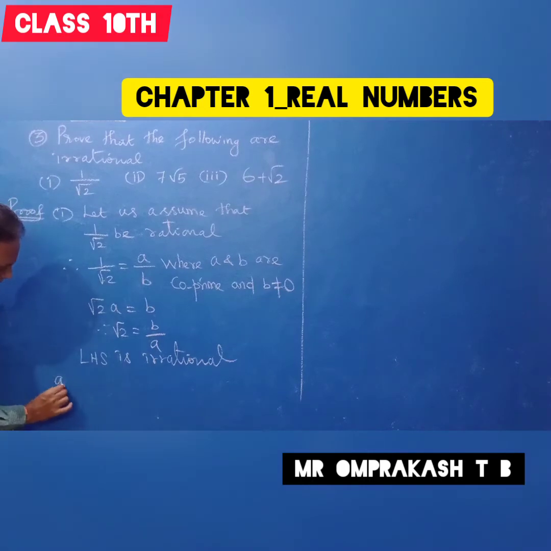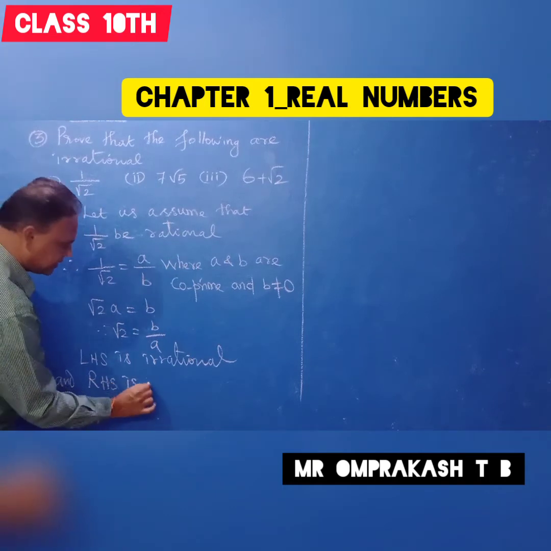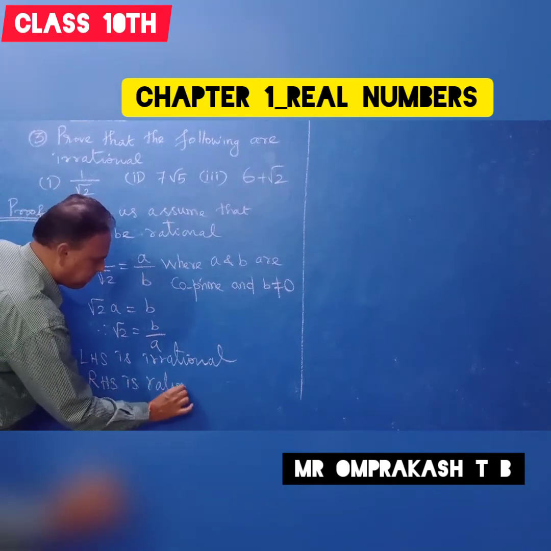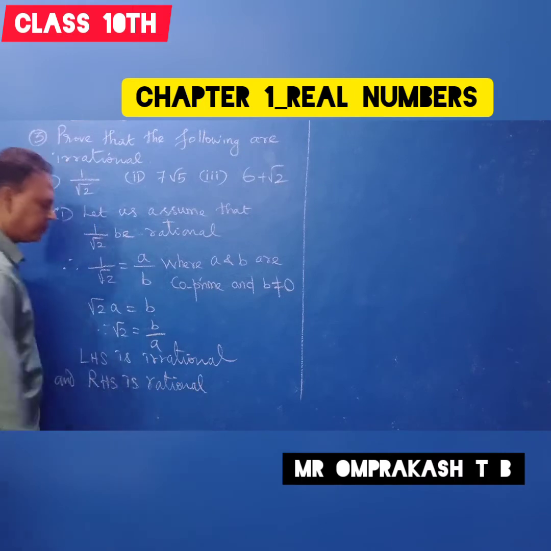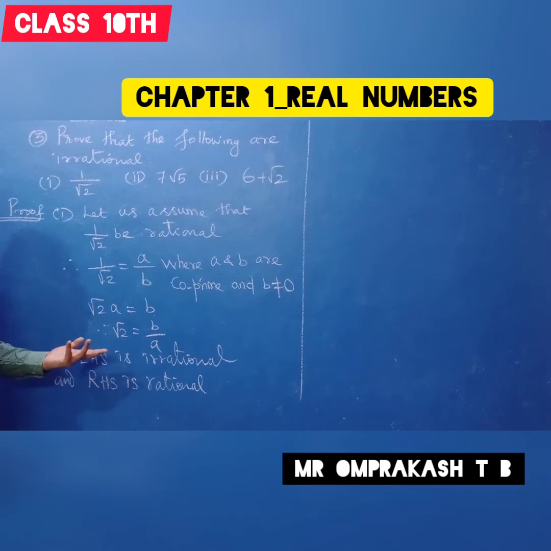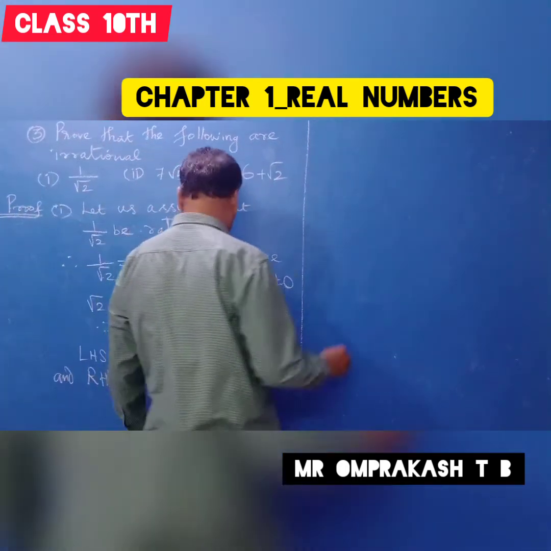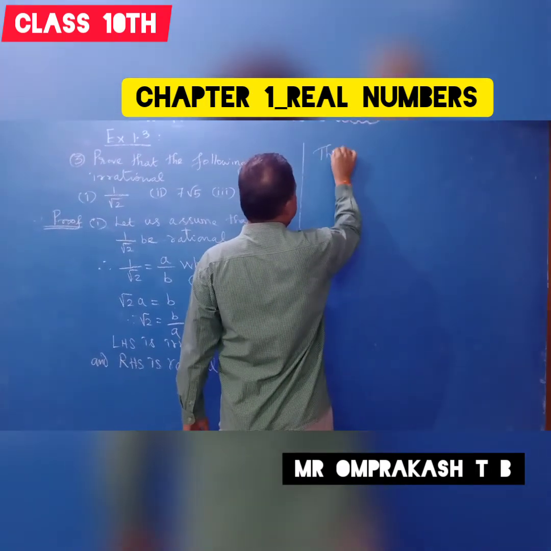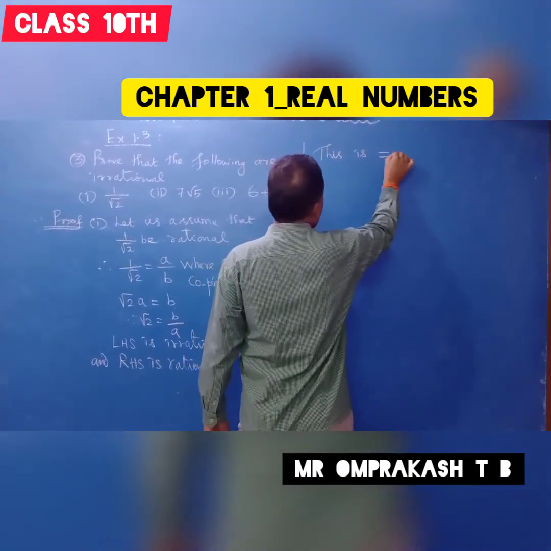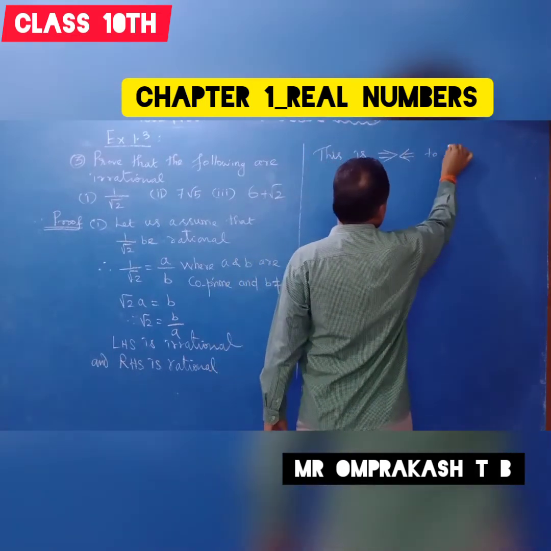And the right hand side is rational. So that is impossible. The left hand side is an irrational number, the right hand side is a rational number, which means it is impossible. Therefore, our assumption is wrong. That is, this is a contradiction to the fact that